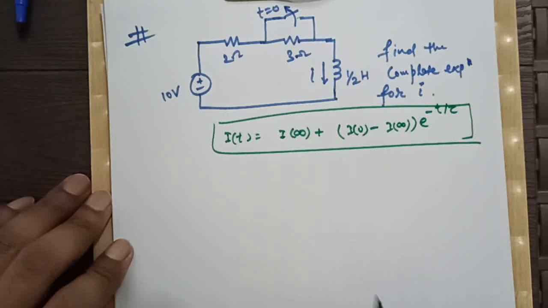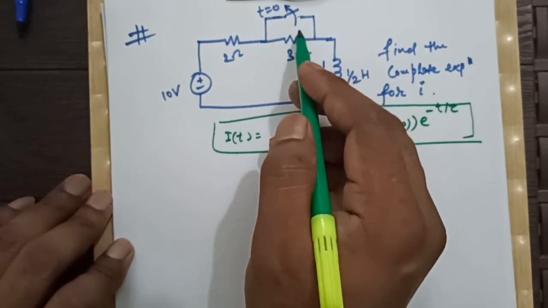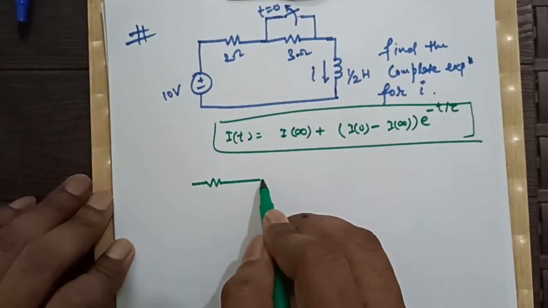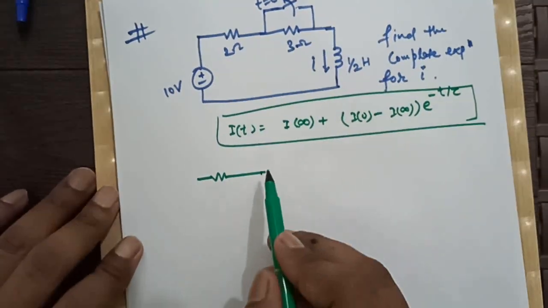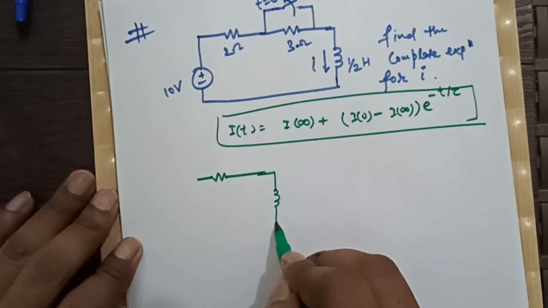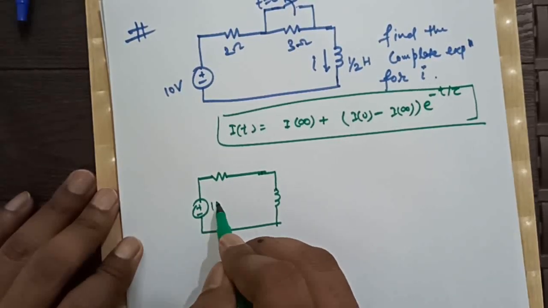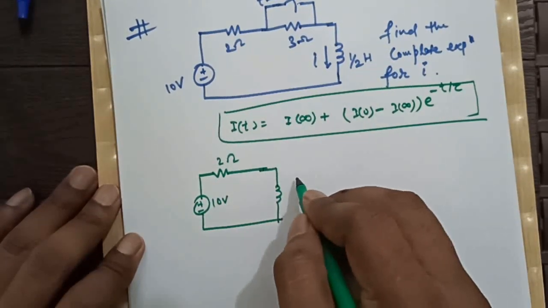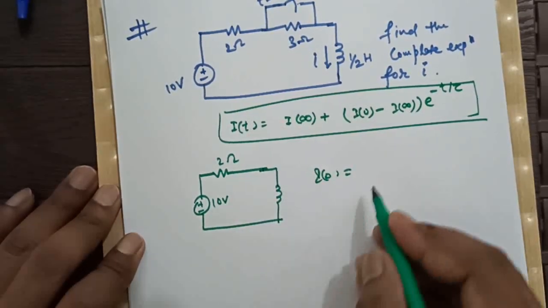Now observe the circuit. Before time t equal to 0 the switch was closed. So what was the scenario? This was the circuit because this was short circuited, so this resistor will not have any significance, plus or minus 10 volts. This is 2 ohm, so our I0 was 10 volts divided by 2 ohm